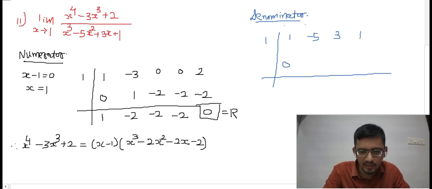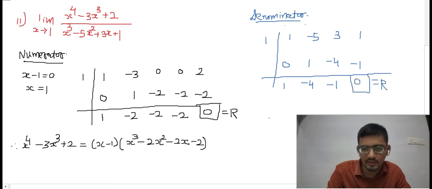Below first term you write here 0, 1 plus 0, 1. Multiply these two which is 1. Again add these two which is minus 4. Again multiply these two which is minus 4. Again add these two which is minus 1. Again multiply these two which is minus 1, and finally the remainder, what you will get here? 0. Okay, so very clearly we can see here also